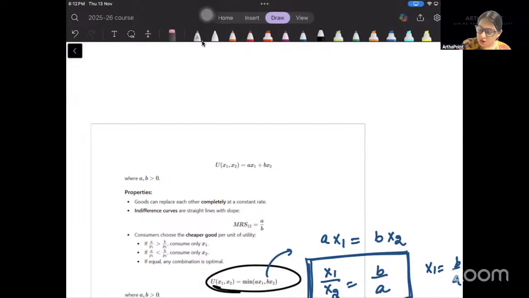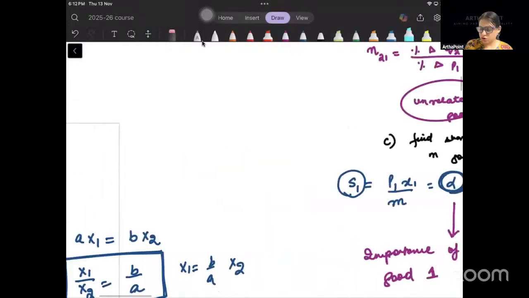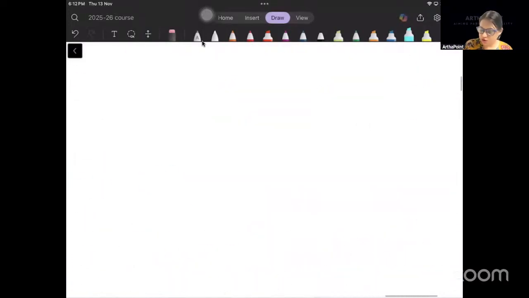Okay. Today we want to do, first of all, substitute goods, right? So again, we'll do it with the help of a question. So take a question and we'll start. So you are given a utility function. Achha, not this. So consider